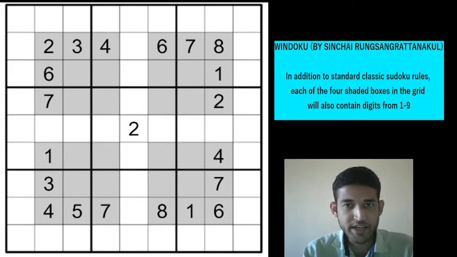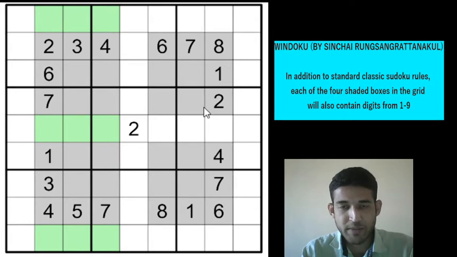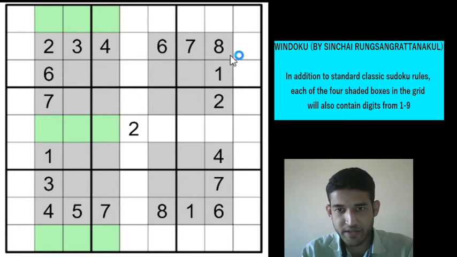So I'll just highlight and show you. So we have a box here, which is in columns 2, 3 and 4, which means these three cells and these 3 cells will contain the digits 1 to 9 to tally the total of 1 to 9 in each row, each column, right? Similarly, if you consider these 2 boxes which are present in columns 6, 7 and 8, they are containing 2 sets of 1 to 9, right? One set of 1 to 9 will be here and one set of 1 to 9 will be in this box, which means the other set of 1 to 9 will have to be distributed in these 9 cells.